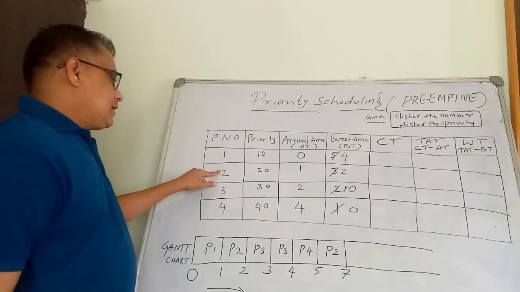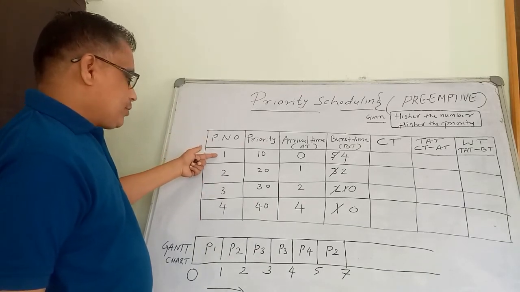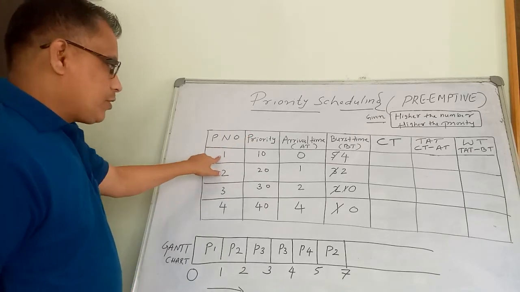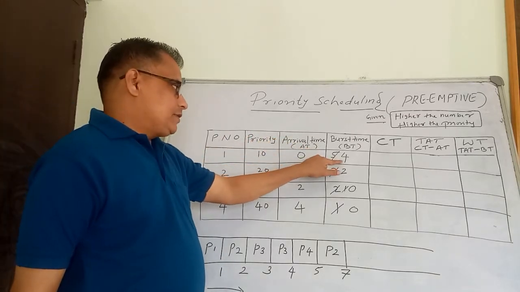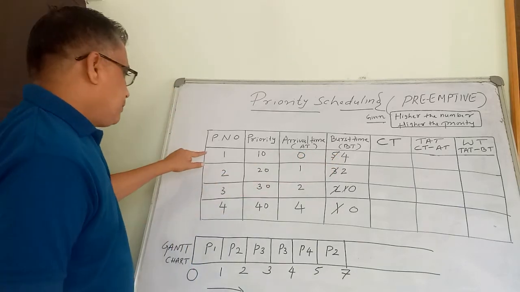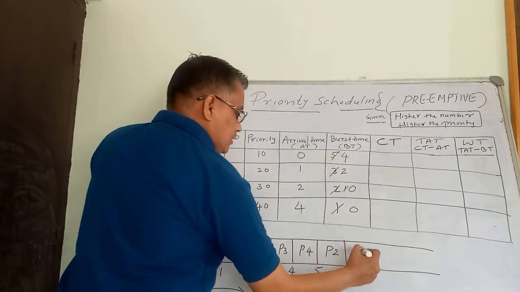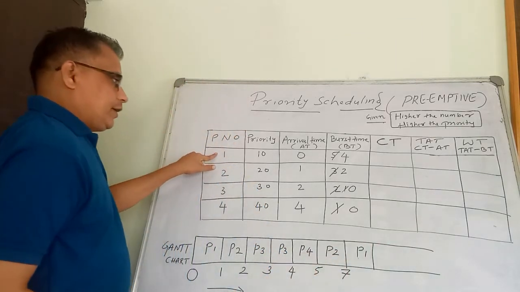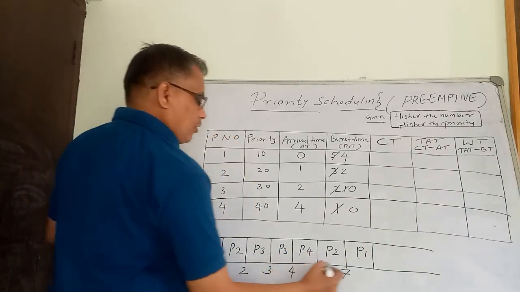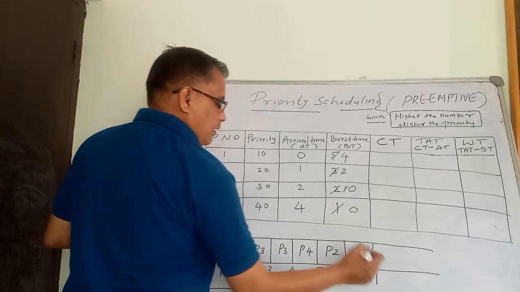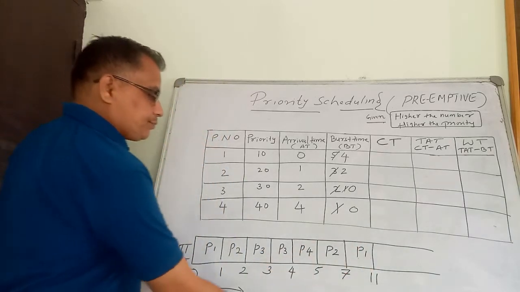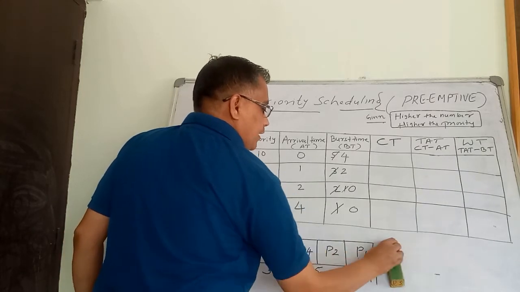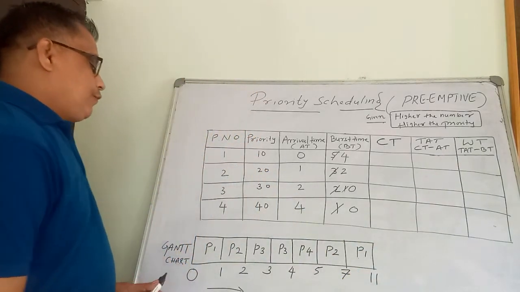P2. What is the remaining process right now? The last process is P1. What is the burst time which is remaining? That is 4. That means P1 is going to be executed by the CPU. 7 plus 4, 11. Right? In this way we are supposed to find out